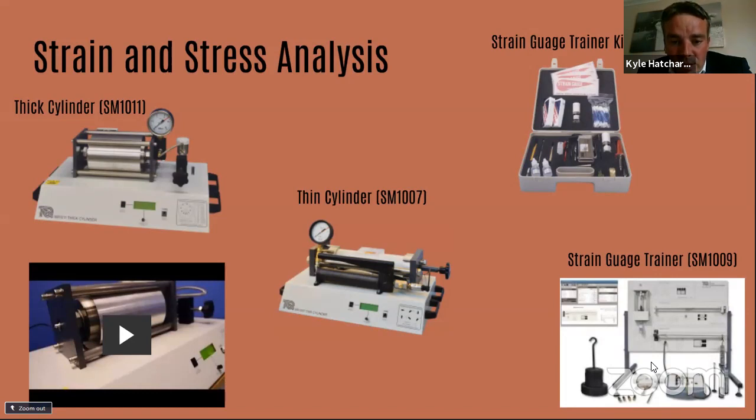behaves. So you can see a series, maybe a little orange tab on the top of that image if you can see this video close enough. And that's effectively where the strain gauges are placed. And with the thin cylinder, you apply an internal pressure, which then obviously changes the behavior and reaction of the surface of the cylinder. Now, a really good example of that would be an aircraft fuselage,